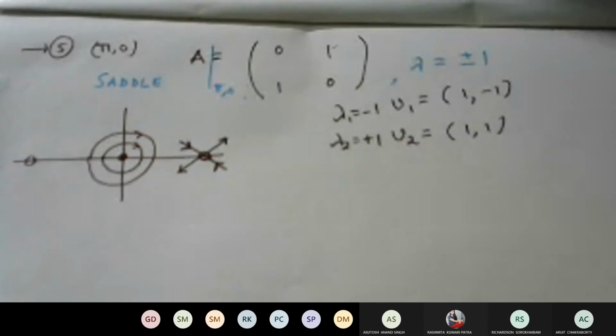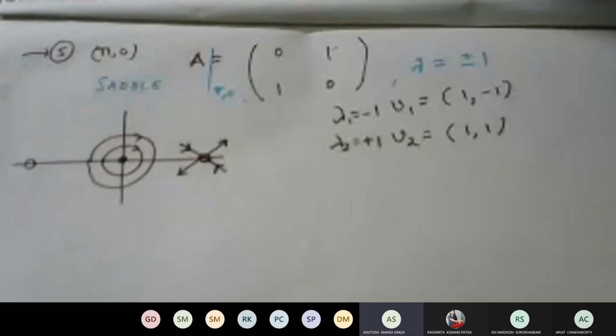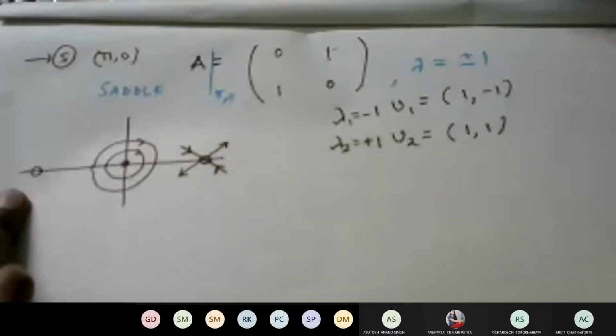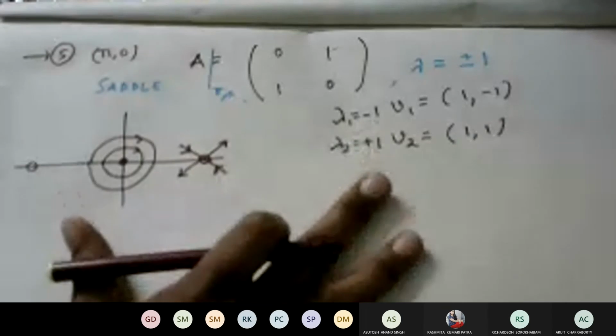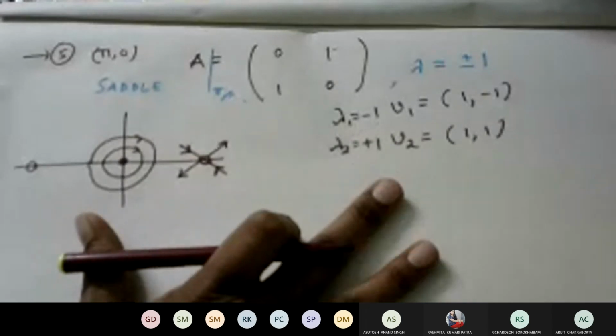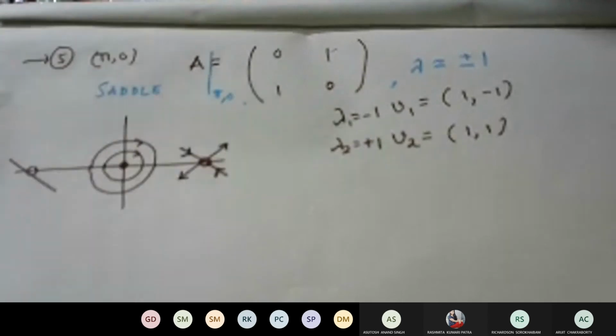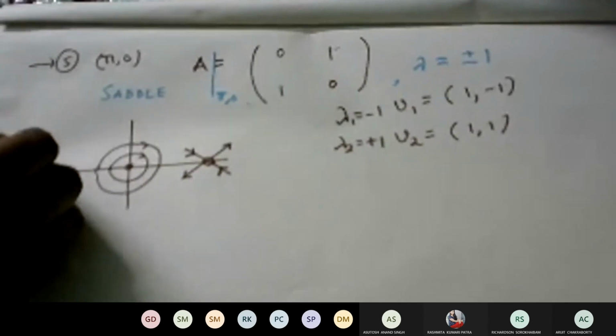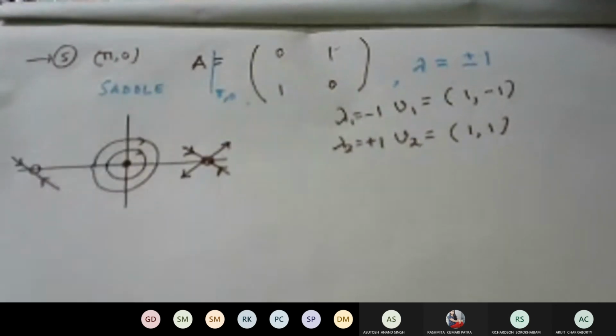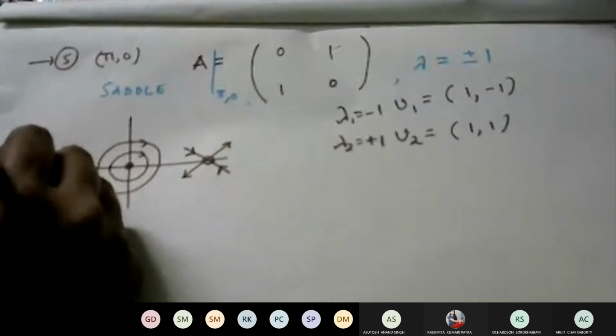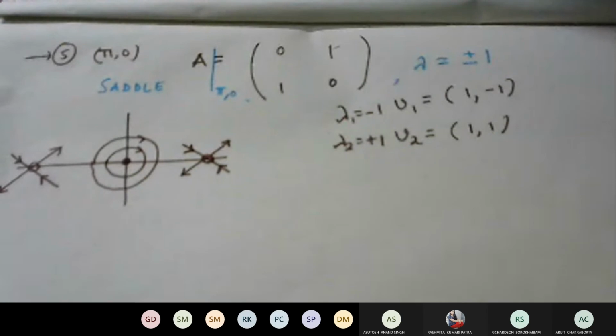Hello, yeah, are you guys there? Okay, so let us draw for this one as well. Okay, same vectors, same behavior, similar saddle here. So let us draw the 2 lines again. So here 1, minus 1 with arrows towards this saddle, 1, 1 with arrows away from the saddle. Okay,